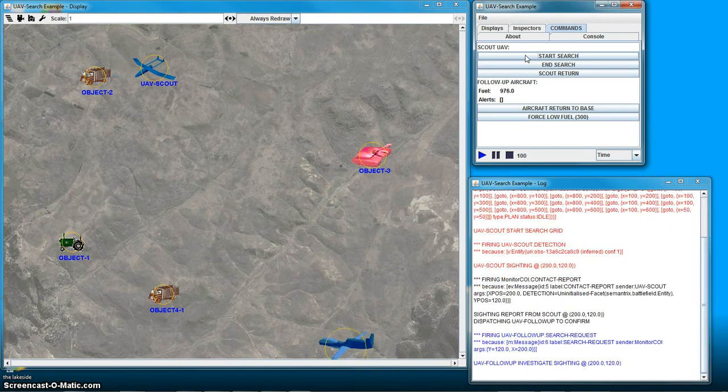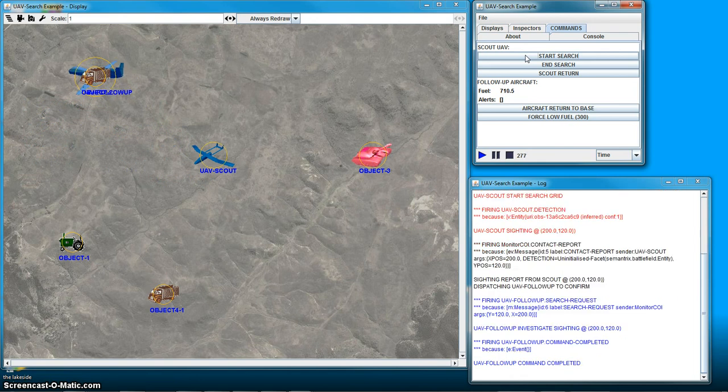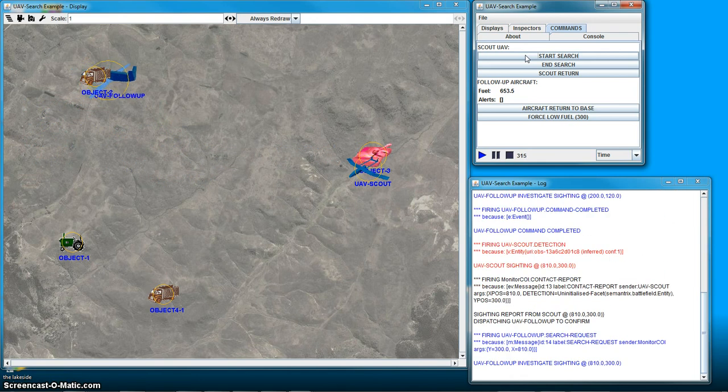The UAV scout is sent out, has picked up object 2 as the first object of interest, and passed that on to UAV follow-up to carry out a detailed investigation. UAV scout will continue with a grid search, and UAV follow-up will go to the designated object. UAV scout's now about to pick up object 3, a tank, which will be targeted and sent to the